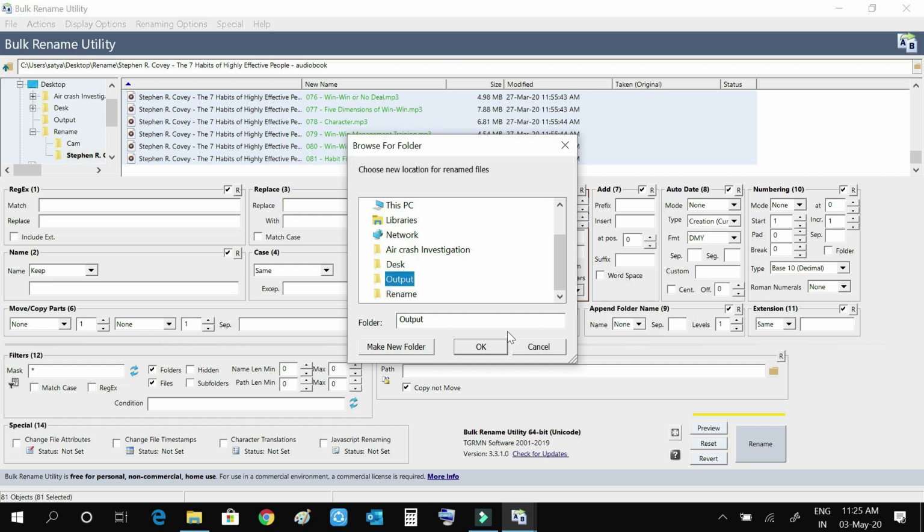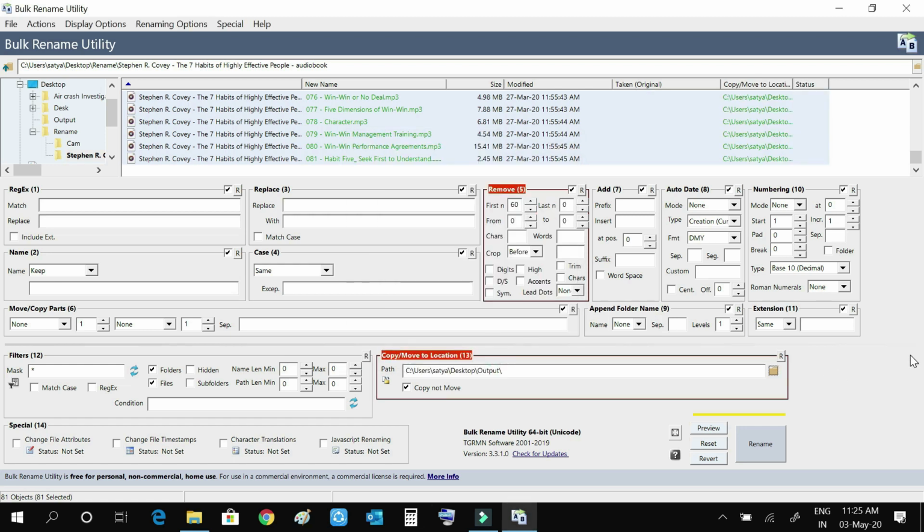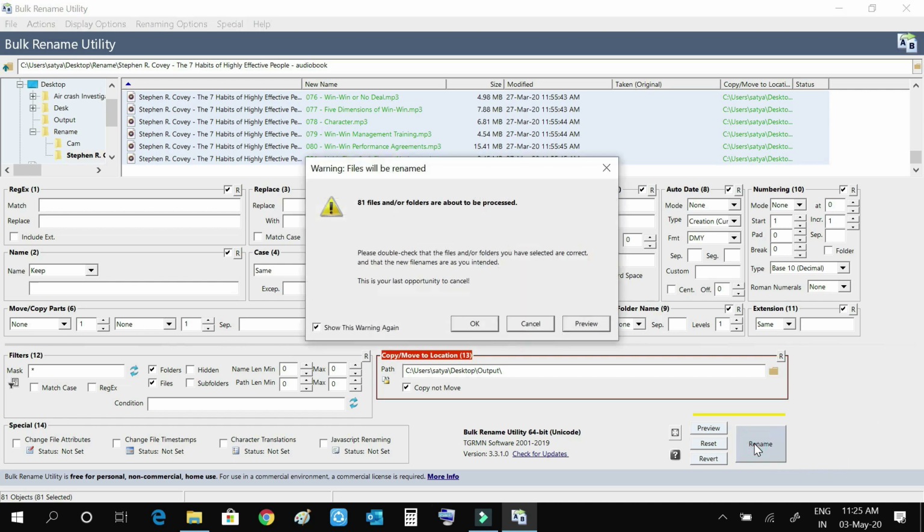So I am going to use this output folder for my renamed files. I click rename. It is showing again: please double check that the file and or folder you have selected are correct and the new file names are as you intended. It shows the warning, blah blah. Okay, I just do it.